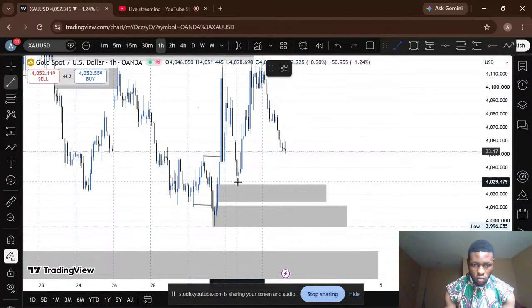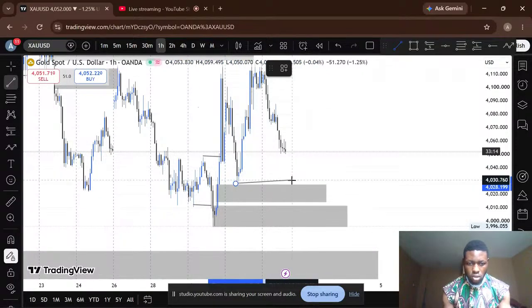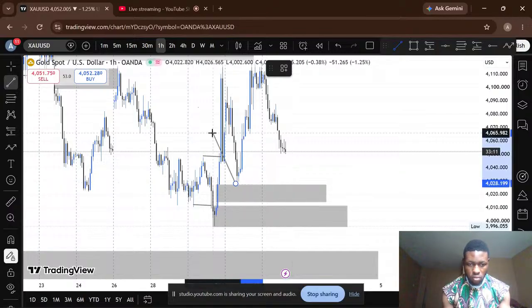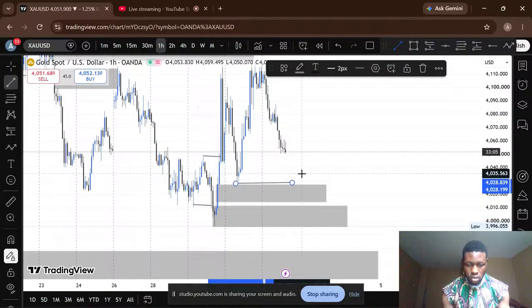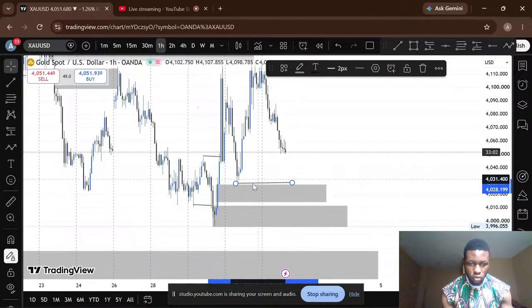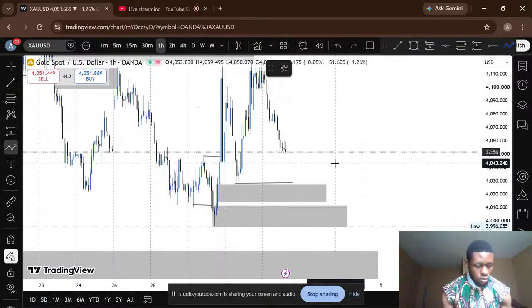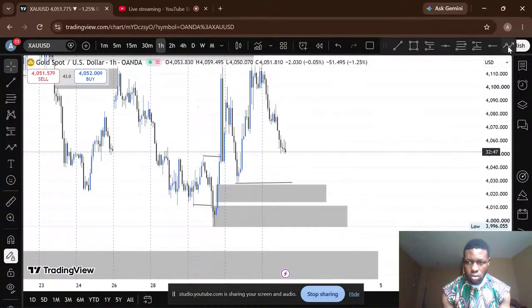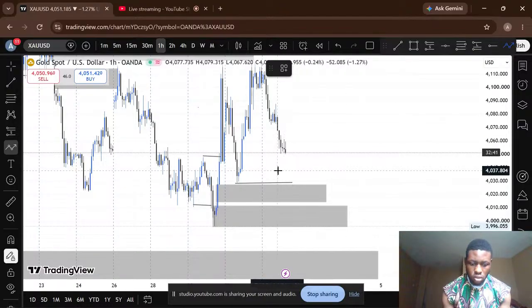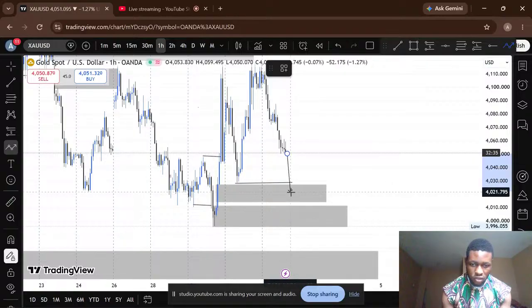You might see price come to this zone, clear this zone off. Here becomes our liquidity. Price has to sweep. Okay. After price sweeps this, we want to see price come down to this zone. We want to see price come down to this place and react as if it's ready to move to the